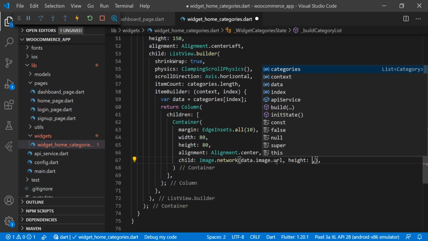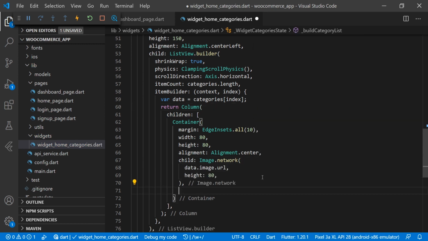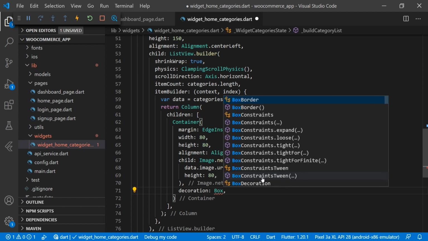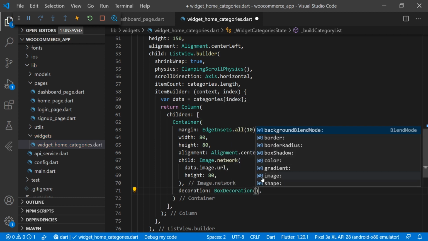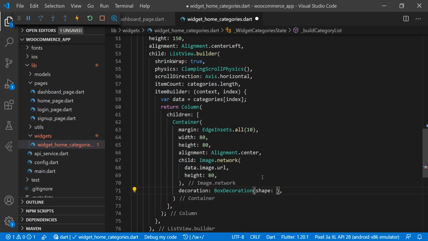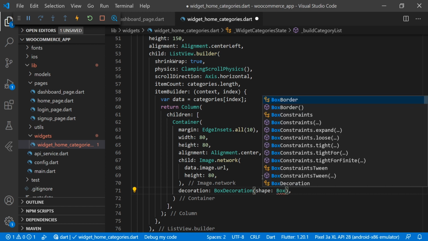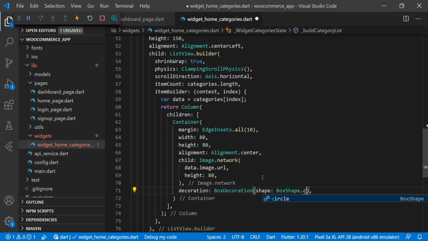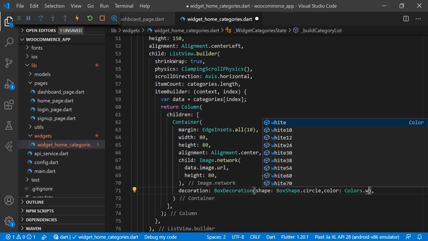In the height we are passing 80. Then we are doing decoration, and for the decoration we are using box decoration. And then we will have a shape here. In the shape we are using box shape dot circle, and we are going to show the image of that category in the circle box. Then we are using color, and for the color we are using white color.